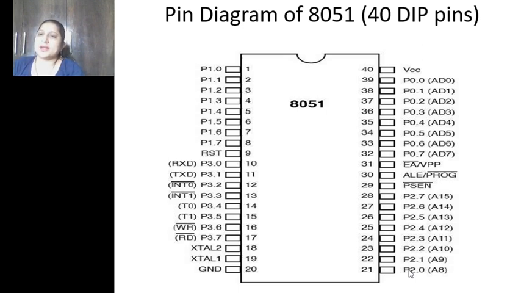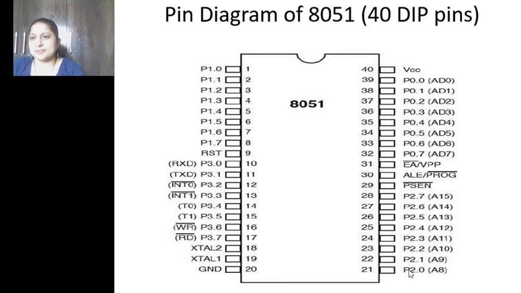Then when you talk about pin number 21 to pin number 28, I am revising again. It is used as Port 2 input output pins as well as address pins or address lines A8 to A15, that is the high order 8-bit address lines. Then the program store enable pin is used to connect to the external access of code memory and data memory. The ALE address latch enable pin will demultiplex and separate the address and data lines which are present on pin number 32 to 39. When we talk about the EA bar pin, the external access pin, it is connected to the external devices of the 8051.